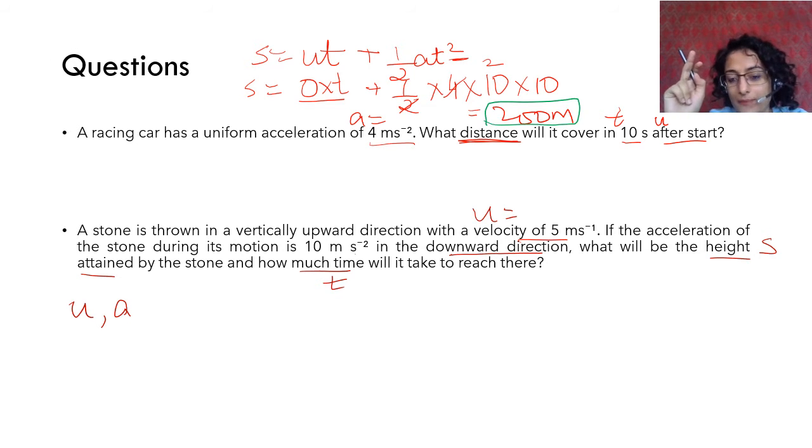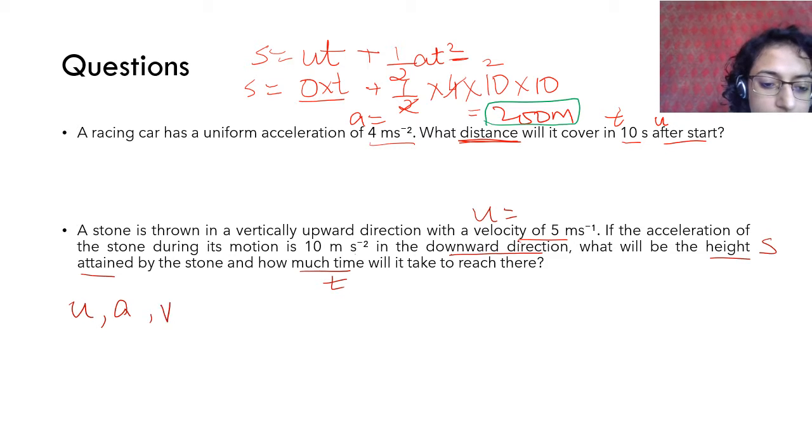When it reaches the top, the height that it will attain, you have to remember, when it goes upward, when it reaches the highest point, the final velocity becomes 0. When something is thrown upwards, it always has an initial velocity, otherwise it won't go up. It has to be thrown with some sort of a velocity, therefore it goes up. When it reaches the topmost point, then the velocity becomes 0 and then it starts to come down again. So the maximum height that is reached will only be when final velocity becomes 0. So now we also know that v is equal to 0.